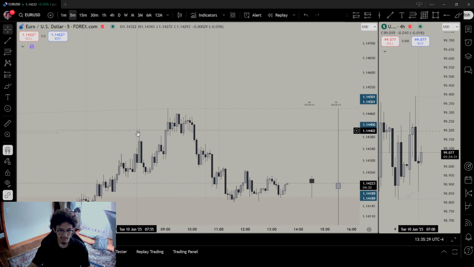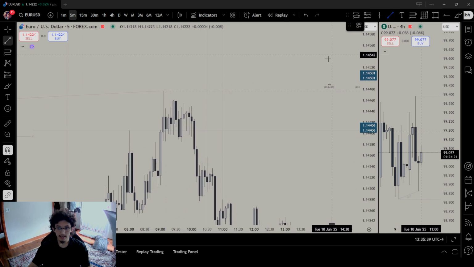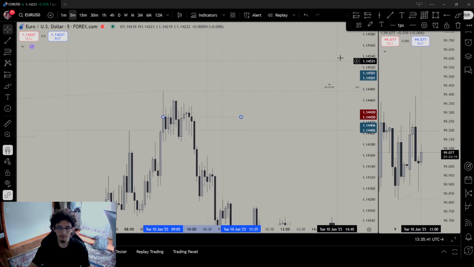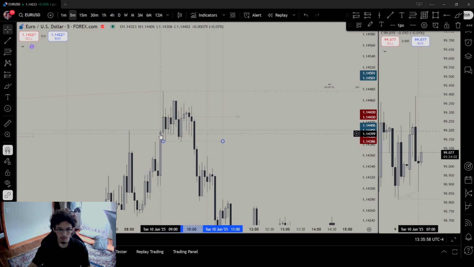So the ADM high does have a legit high. So look at this how they get pushed out. And then I'm looking for the right model number 1. Unfortunately, our entry was supposed to be at this bearish rejection block for a 42 RR, but the market did not give us the right model number 1 here. You can see it gave us a body instead of a full candle closure.